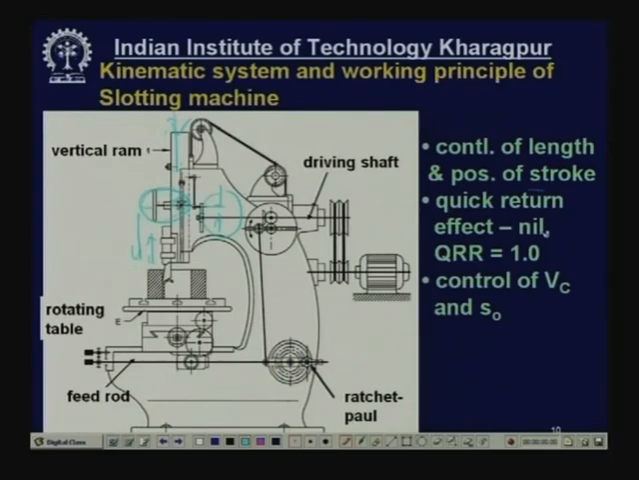Quick return effect, there is no quick return effect because the mechanism is not an oscillating lever mechanism. Quick return effect exists in shaping machine and planing machine, but in slotting machine it is not there. And control of cutting velocity,